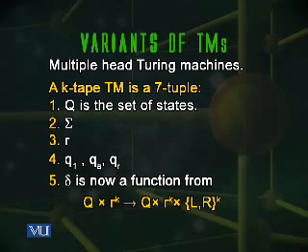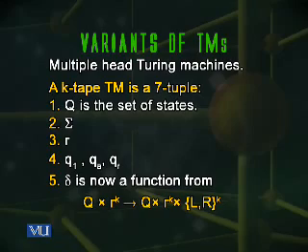The delta function will map Q cross Gamma to the K to Q cross Gamma to the K cross {L, R} to the K. This means if the Turing machine is in a particular state, it would look at all the symbols that it's reading and decide how to replace these symbols, and it would decide which head moves left and which